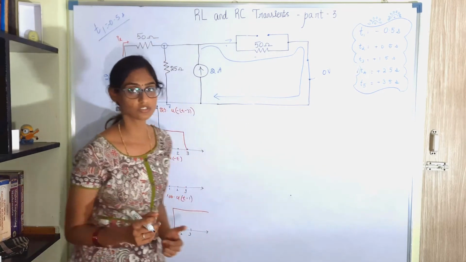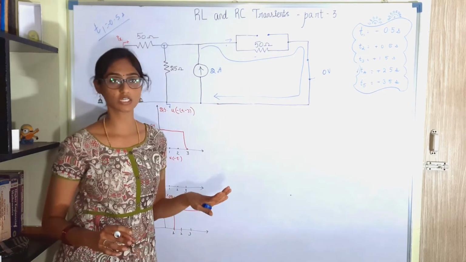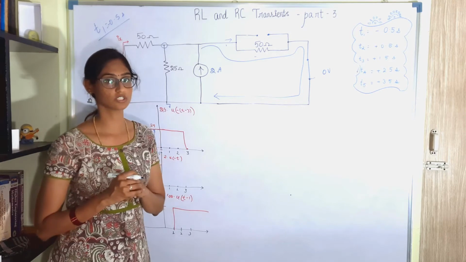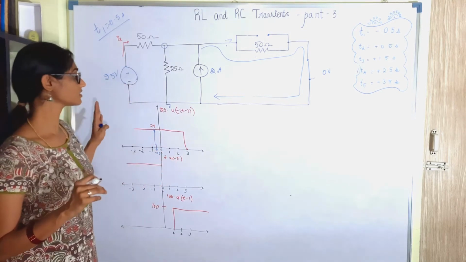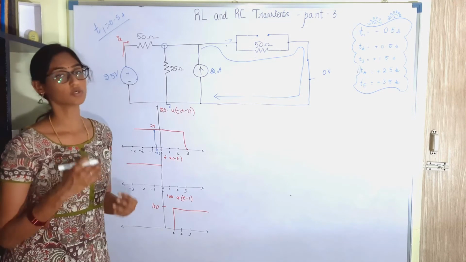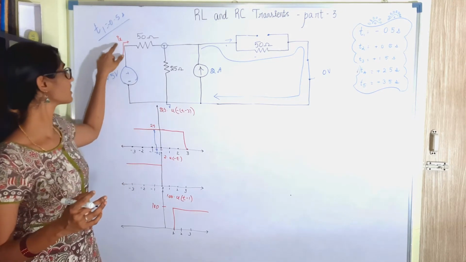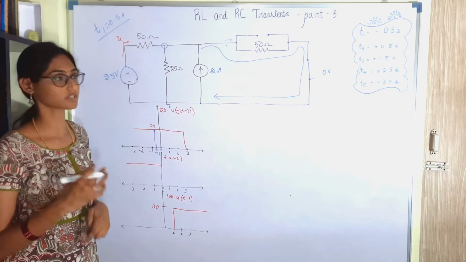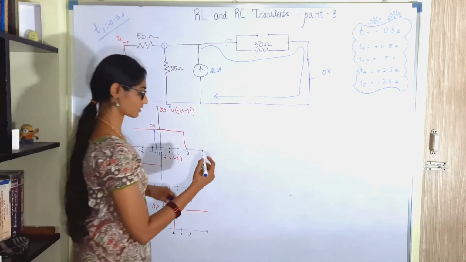You have two sources here. You can choose between source transformation technique and superposition theorem. I am going to apply superposition theorem for this case. If you feel like applying source transformation technique, you can very well do that and find the value of Ix of t. That is our objective. Okay. So Ix of t will be